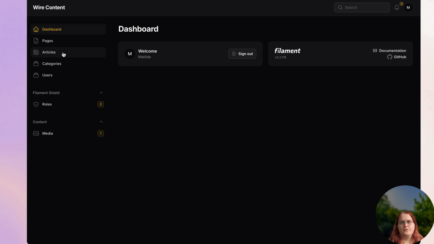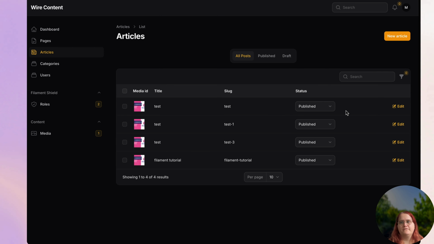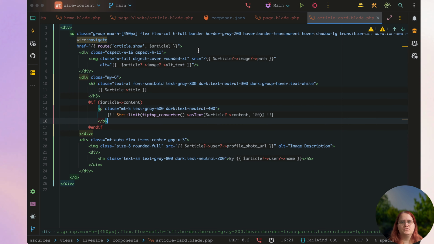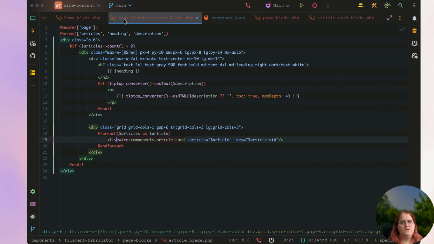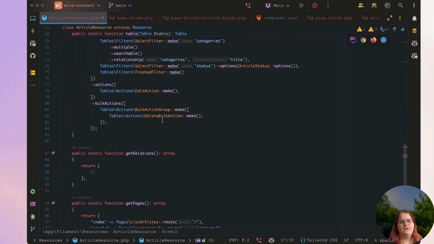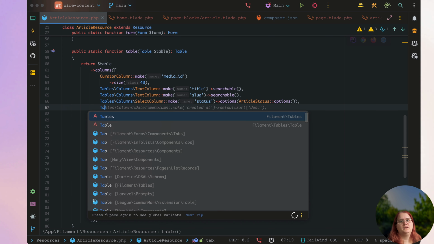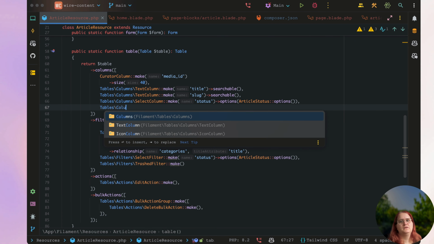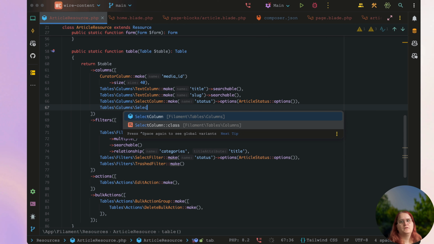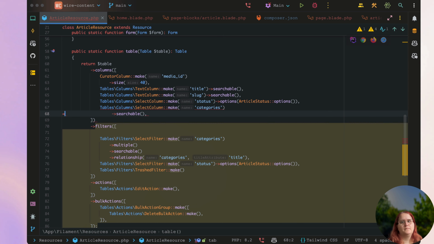Now, the next thing I want to go ahead and fix is that inside our articles page, we do not have the category showing, or even categories. So let's go into our article resource. I want to be able to see what category we have in here. And I think the first thing we can do in here is just say tables, column, select column, make categories, and